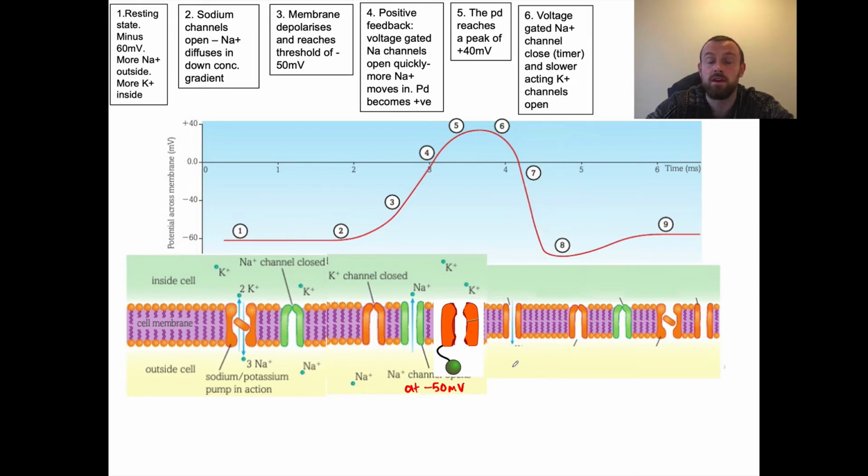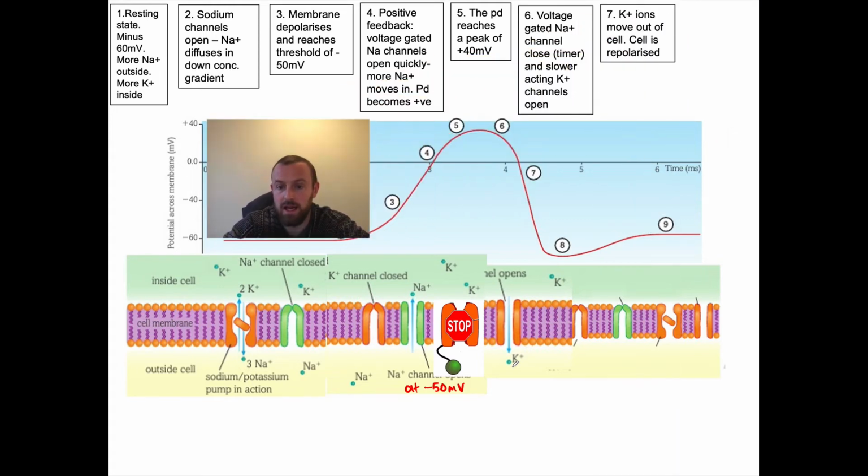And then the channel actually closes. So it has kind of like a timer in it. It's a protein that can tell time, I suppose. And it will shut. So the sodium channel shuts and potassium channels then open. Once the potassium channels open, we have potassium ions moving out of the cell, bringing the membrane potential lower again. Repolarizing, and actually they flood out of the cell so quickly that we briefly have a hyperpolarization,